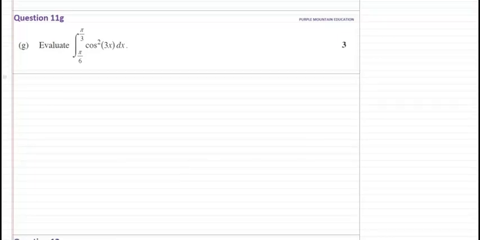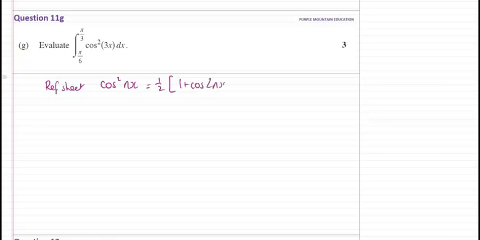Okay, so let's recall straight off the reference sheet. Right at the bottom there, I know that cos squared nx equals a half of 1 plus cos 2nx. So that seems useful. So in this case, cos squared 3x equals a half of 1 plus cos 2 times 3 is 6x. Okay, so my integral just turned into from pi on 6 to pi on 3 of 1 plus cos 6x dx,